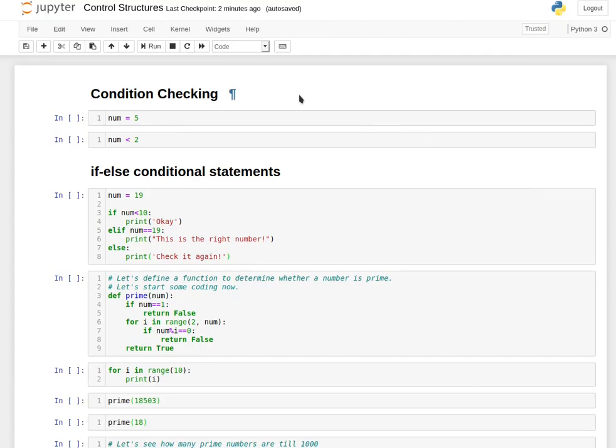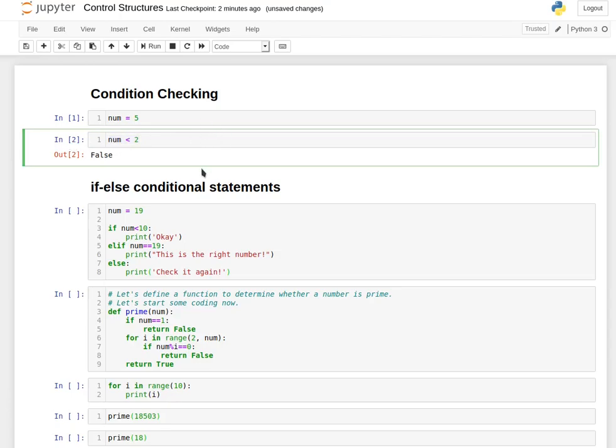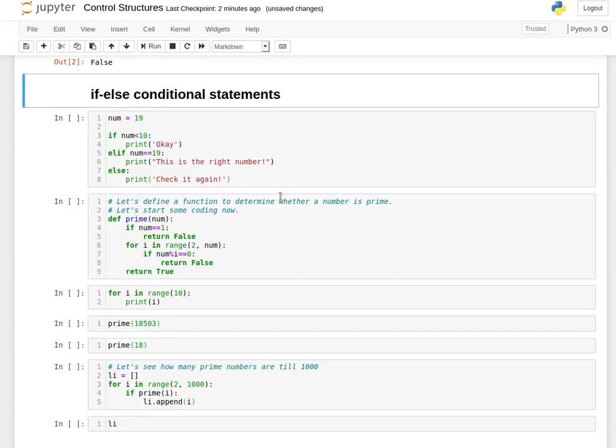Now, let's move on with some condition checking. I hope you know the operators, and you can check a condition by using this type of operator. So what is this operator? Think about it. The next part, or the most important part in the control structures, is if else conditional statements.